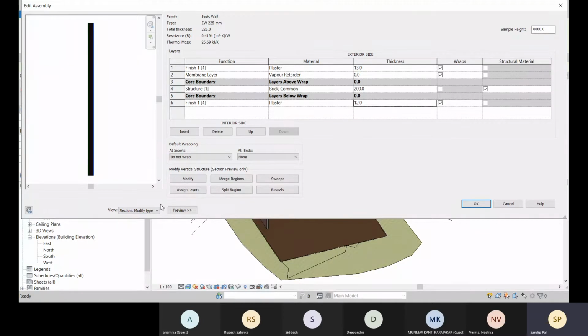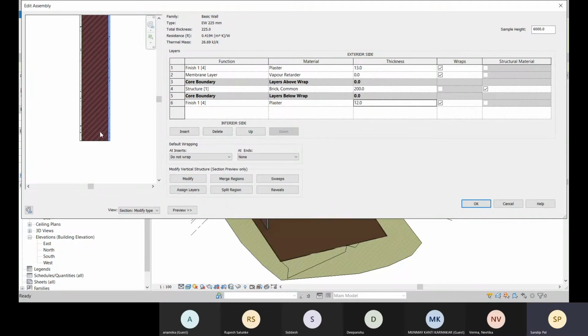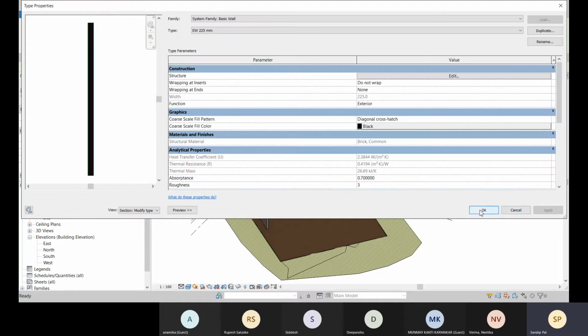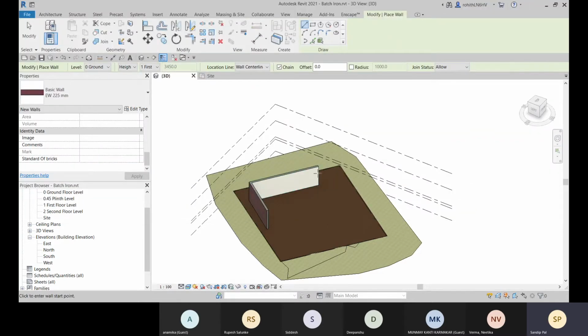These wrap options are there, and you can split the regions. So I will show you this later. First, we have to know about creating the layers and understand this, and then we will go in depth. So let me click on OK and that is created, and let's click on OK.